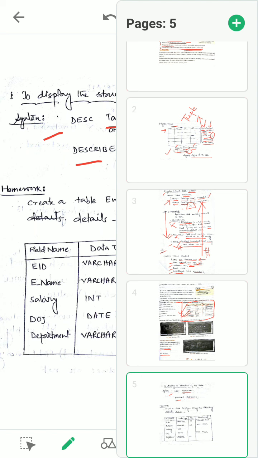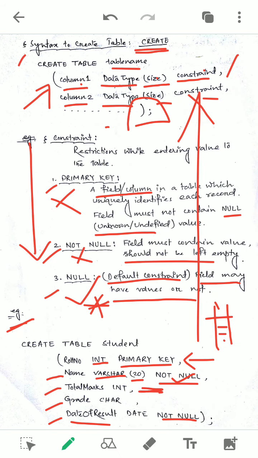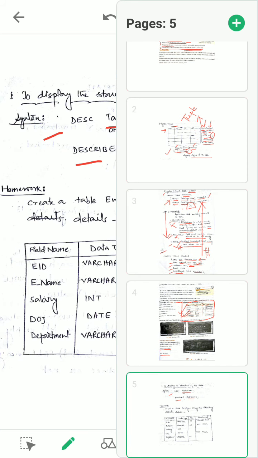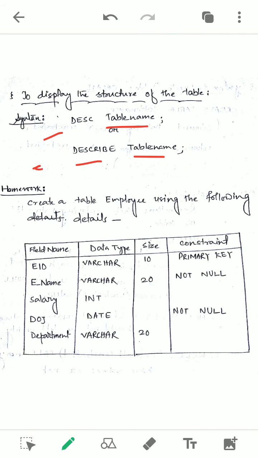Now according to the student table that we just created, to display the structure of the table, what command should be written here? For example, you have to write DESC student, then semicolon. If you write that, the structure of the table will be displayed.